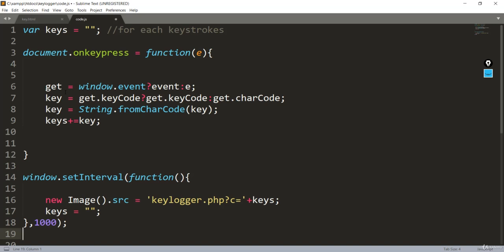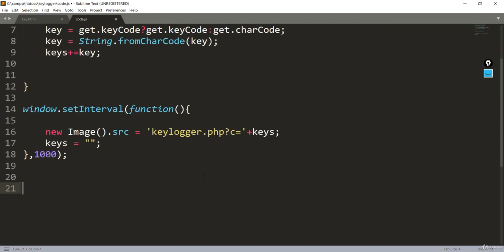So what we just did here was declare a JavaScript variable to store the keystrokes, and after that we make a call to a function to execute whenever a keystroke is pressed on the HTML document. After that we get a character code. We convert that to a string with the String class, and after that we send the data as a GET request by creating a new image, and we set the interval to execute the function continuously. So we have completed our code.js file, which is a JavaScript file.